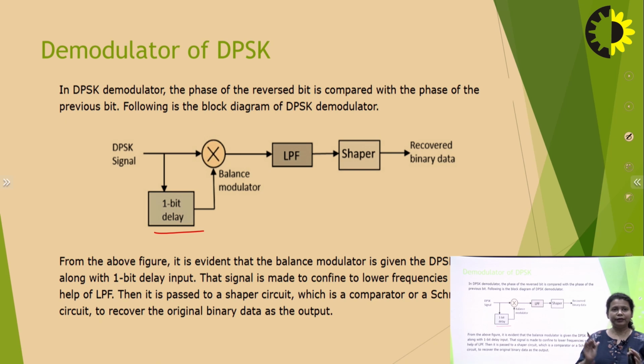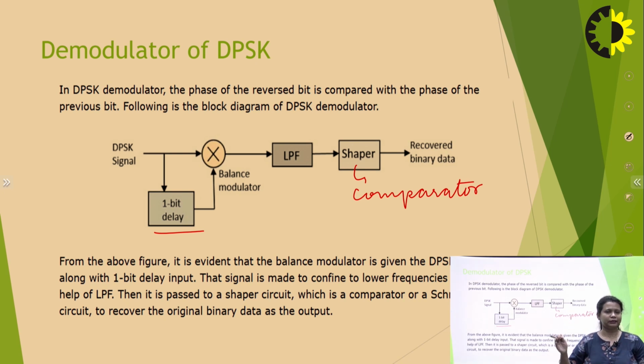So we need some filter which provides only those low frequencies and rejects the high frequencies. And then we have a shaper. It basically helps to compare our data. We are using some Schmitt trigger, and we are using a comparator. The comparator analyzes and sets some value: if our signal is below this level, we consider it 0, and if it is above this level, we consider it 1. And then we have a recovered binary data.